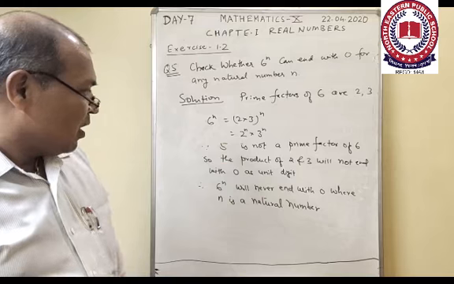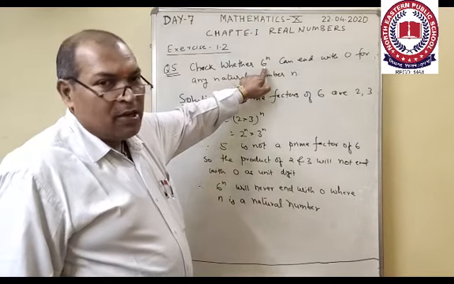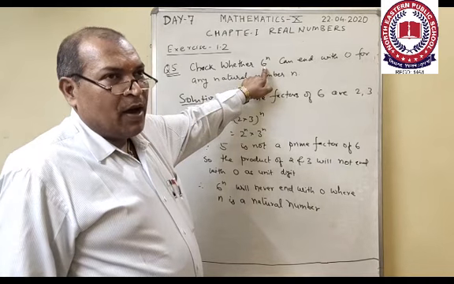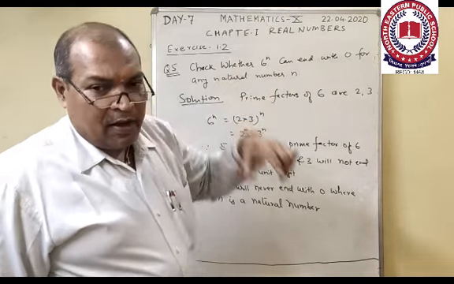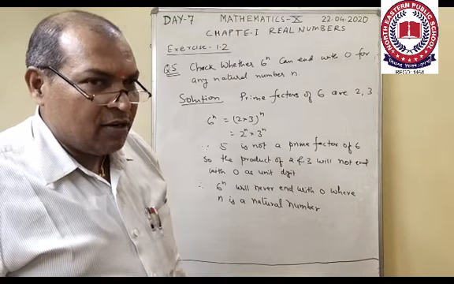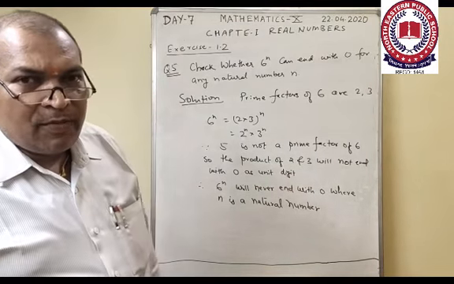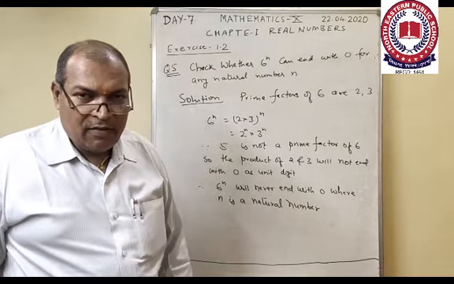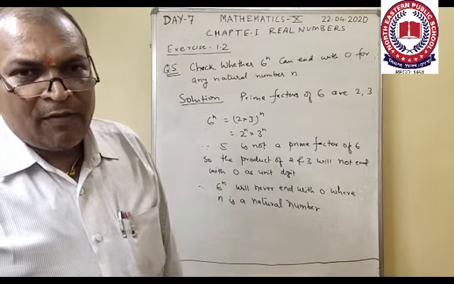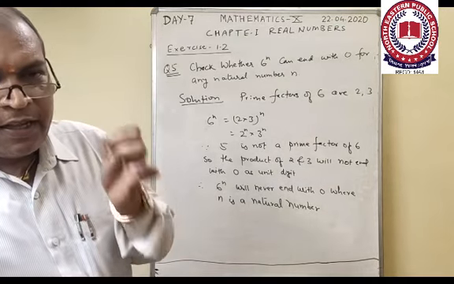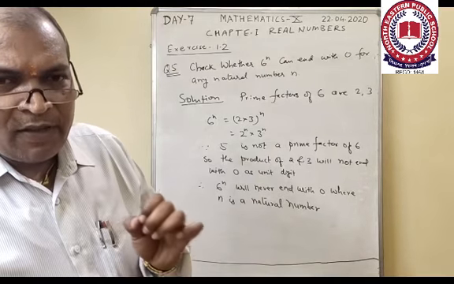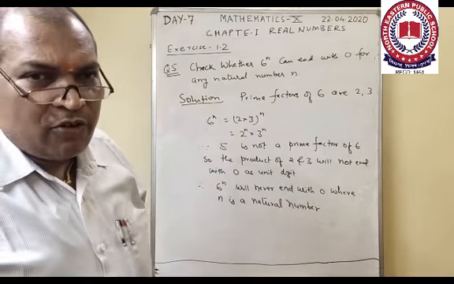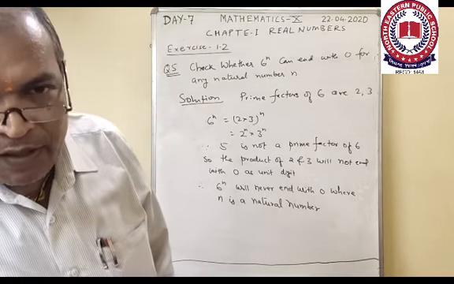Alright, so this is a good question. Another number may be given in place of 6 power n, you may be given 12 power n, 15 power n, or 21 power n. Any such numbers can be given, and it may be asked whether the product of these numbers will be ending with digit 0 or not. So we can get all the prime factors of a given number, and observe there, if 2 and 5 are the prime factors of that number, definitely the product of those prime factors will be ending with 0, or if that number is multiplied any time, always the result in the unit digit will be finishing with 0, otherwise not.